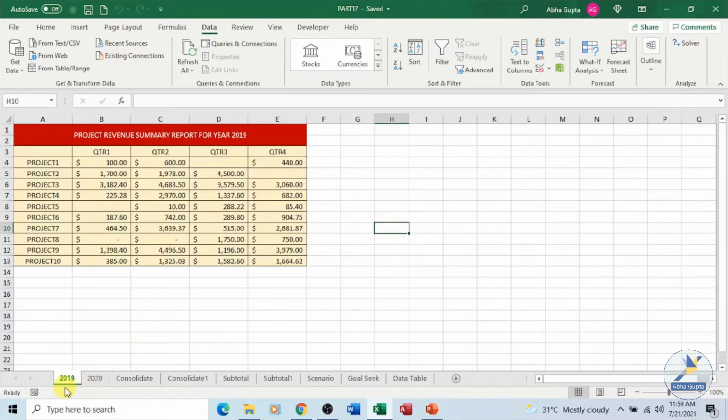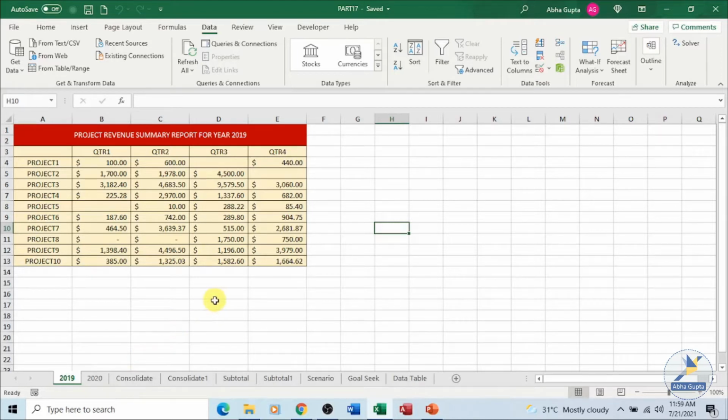As you can see, I have the data of 2019 and 2020 and I want to consolidate it. If say in the year 2021 the project is completing and I want to put them together on one sheet, to combine the data manually from different worksheets is very time consuming.